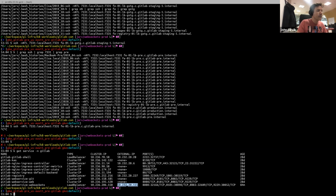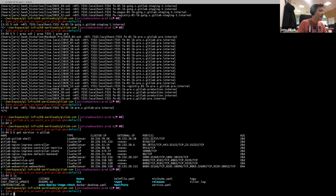One of the major differences between what we had previously and what we're going to have is that with Nginx, we're connecting on HTTPS to the cluster. Now we're going to be connecting directly to Workhorse with port 8181, which is listed here. These other ports are for Unicorn and also Puma, and also the monitoring ports. The configuration is really simple. There's not much. Now that we have the charts change in,